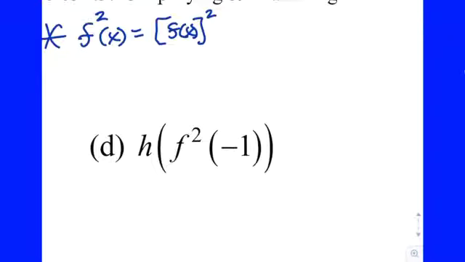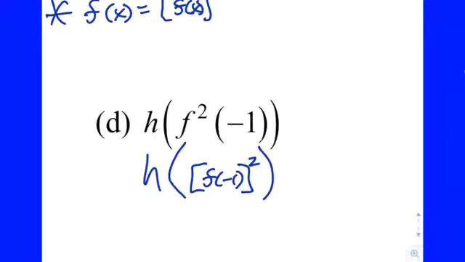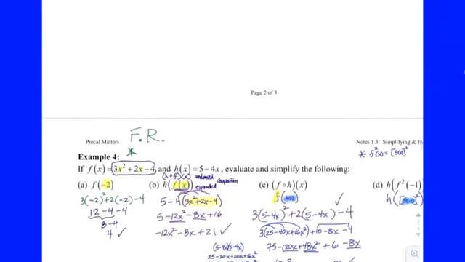So my first recommendation to you is to rewrite it in expanded form. So that's H of, and then I'm going to write that as F of negative 1 squared, and then close. All right? So now I have something to do. I can work from the inside out. My first thing I need to do is compute F of negative 1. If you want to do that like we did on part A, I would recommend doing that off to the